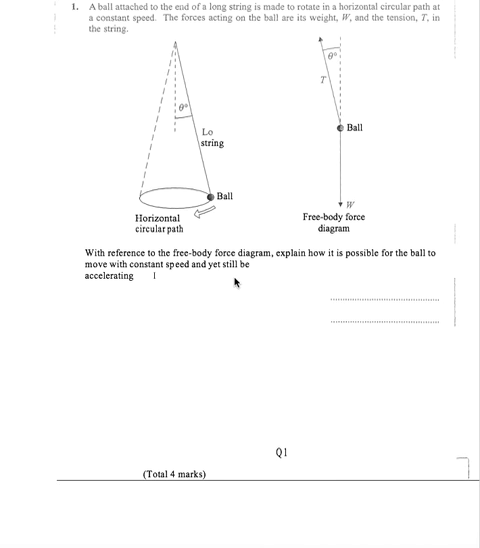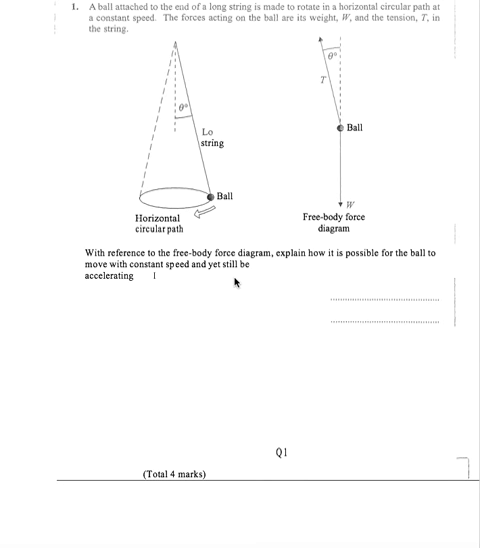Here is the solution to the circular motion conical pendulum question. We've done the theory of this already, but here's a question directly related to it. A ball attached to the end of a long string is made to rotate in a horizontal circular path at a constant speed. The forces acting on the ball are its weight W and the tension T in the